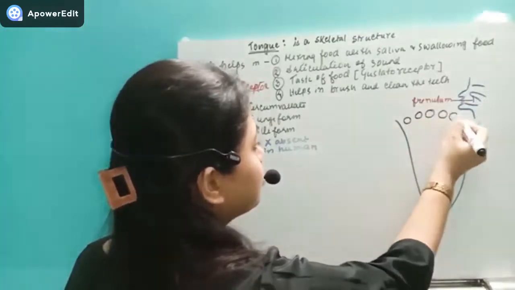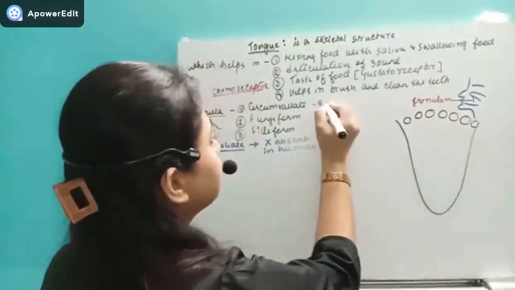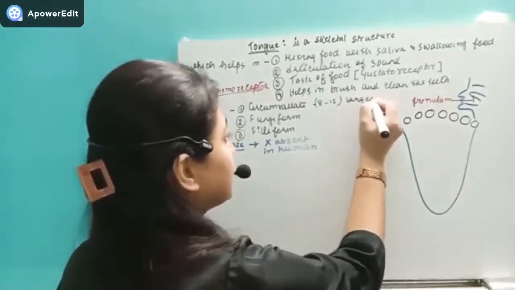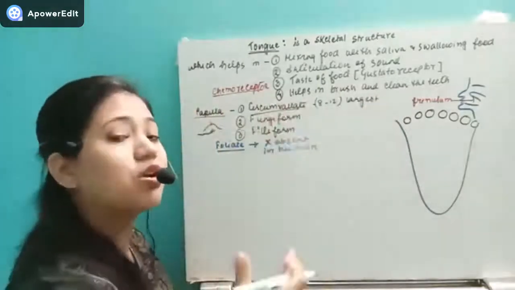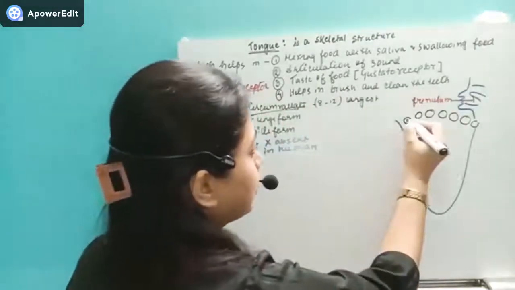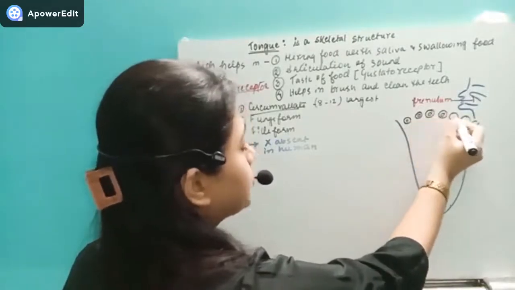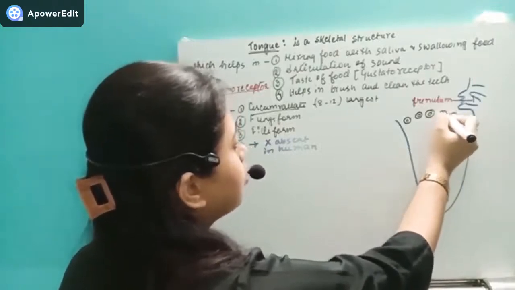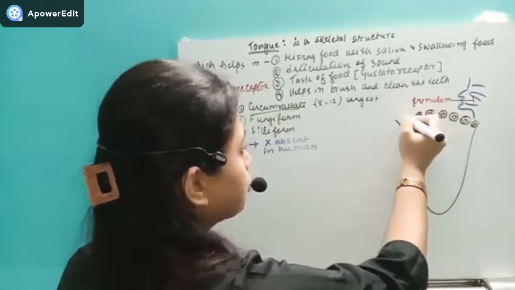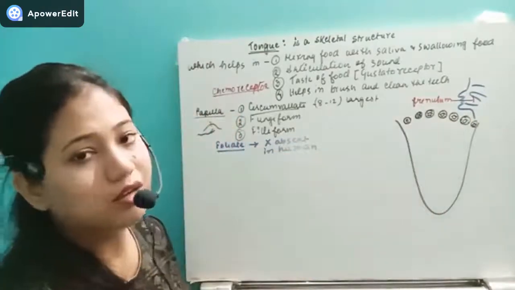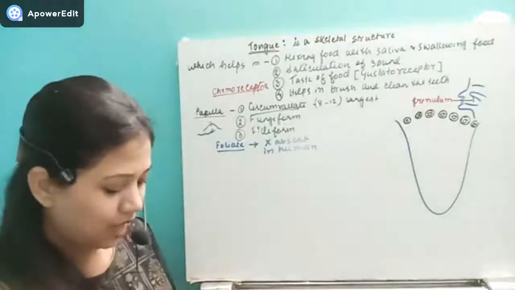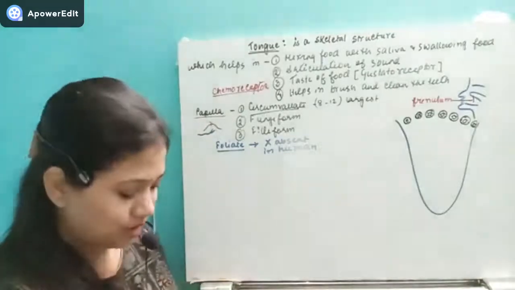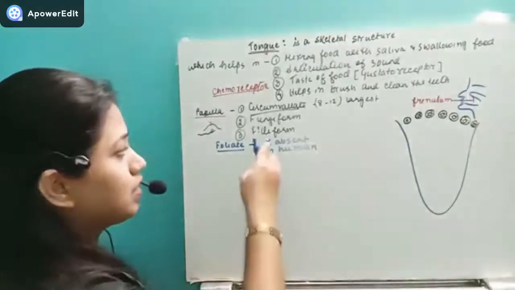Around 8 to 12 circumvallate papillae are present. These are the largest type of papillae, present towards the posterior-most region. So these are the circumvallate, the largest one, which is sensitive to the bitter taste. Remember, the bitter taste can be sensed by the circumvallate. So this is the largest, and it is very few in number, 8 to 12, present posteriorly in our tongue. Now the next one is the fungiform.